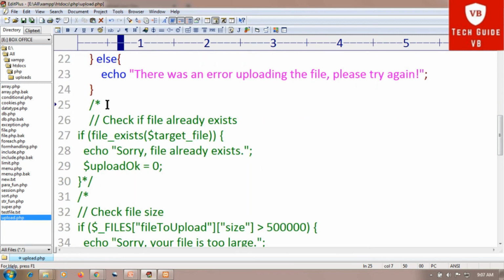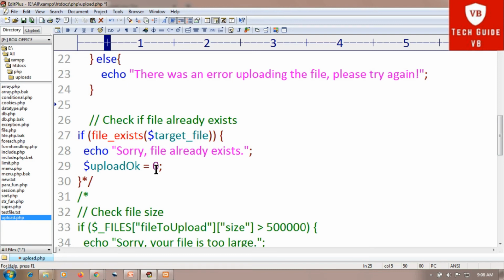For that the code is below, which I have commented, for checking if the file already exists. If file_exists($target_file), then echo "Sorry, file already exists." Then we have made $uploadOk equal to 0, because it is already 1.